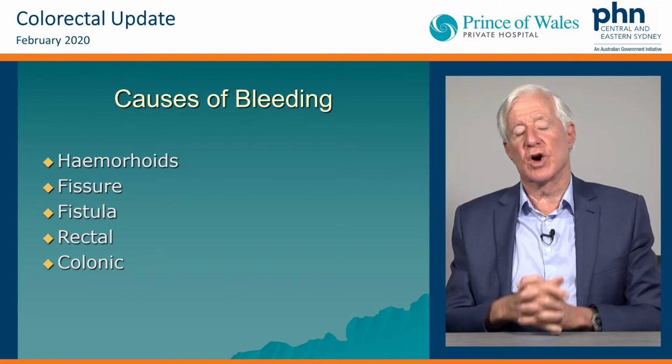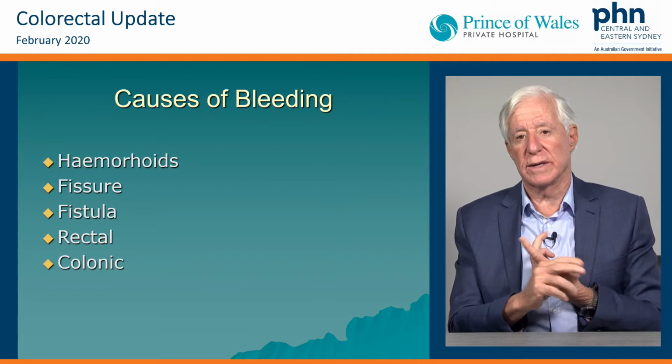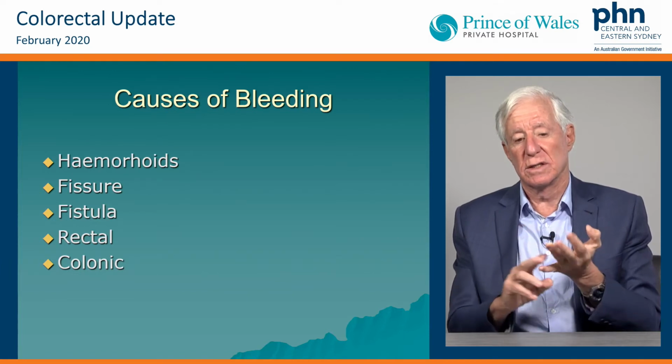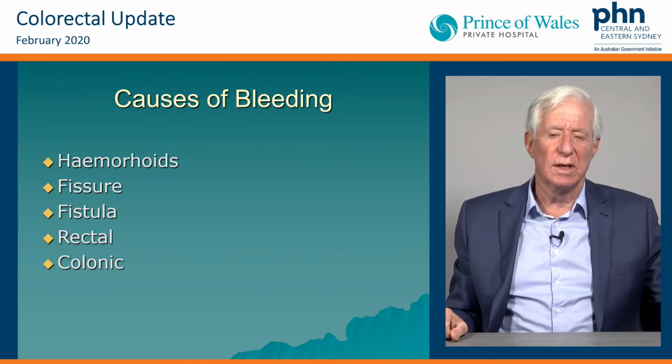So, if they've got hemorrhoids, motions are all right, maybe constipated, maybe a bit of blood coating the motion, maybe a splatter in the toilet. It's of local origin. How old's the patient? If they're